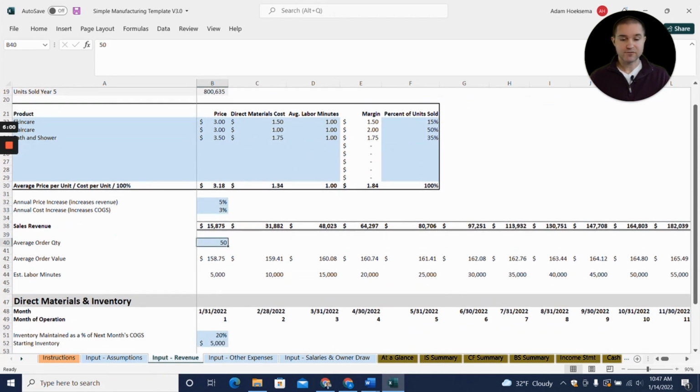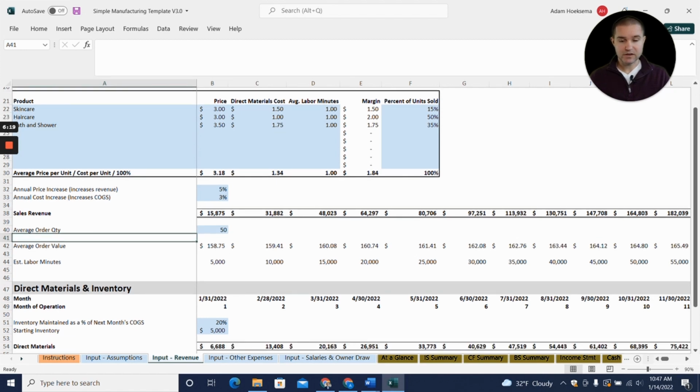Now here we have the average order quantity. So this is kind of assuming more of a wholesale type of operation where you're selling at least 50 units at a time, not one or two units in a direct-to-consumer model, but you could put one there if you wanted to. So we've got 50 in there,